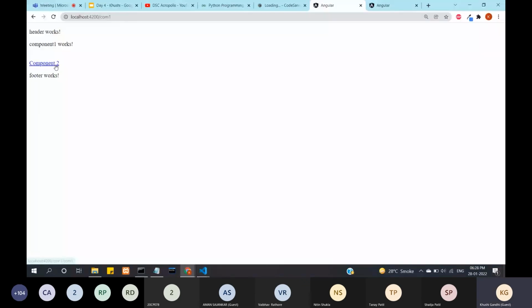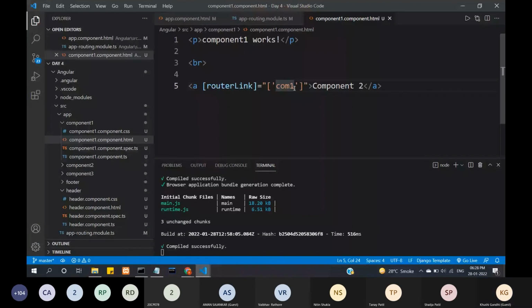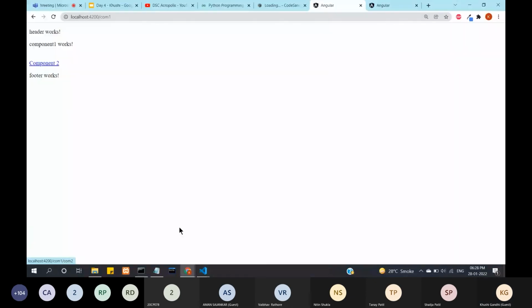You can see the link is created, and as soon as I click on it, component 2 should be rendered. Okay, I mentioned the wrong component here. The path that I mentioned for component 2 was comp2. So as soon as I click on the link now,